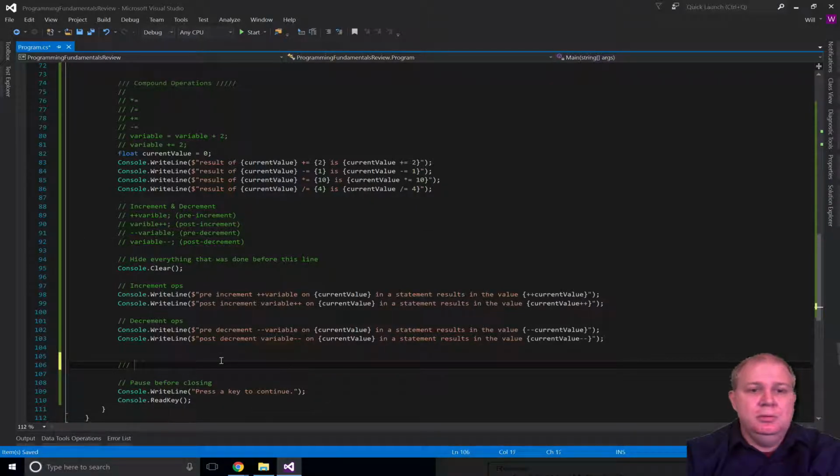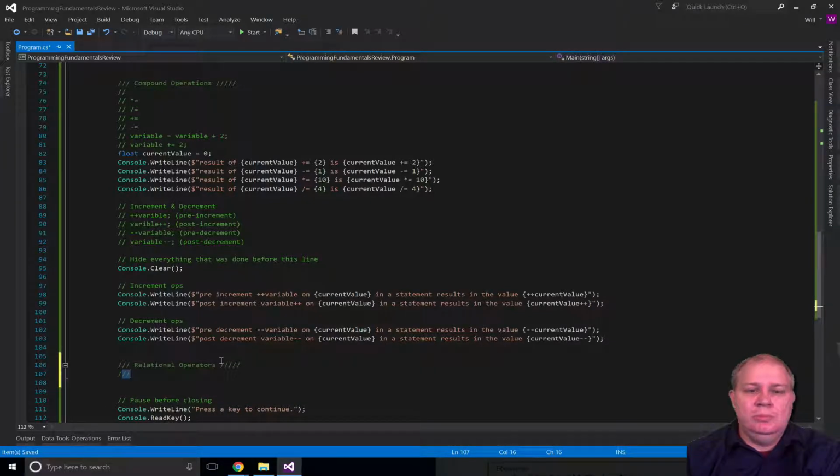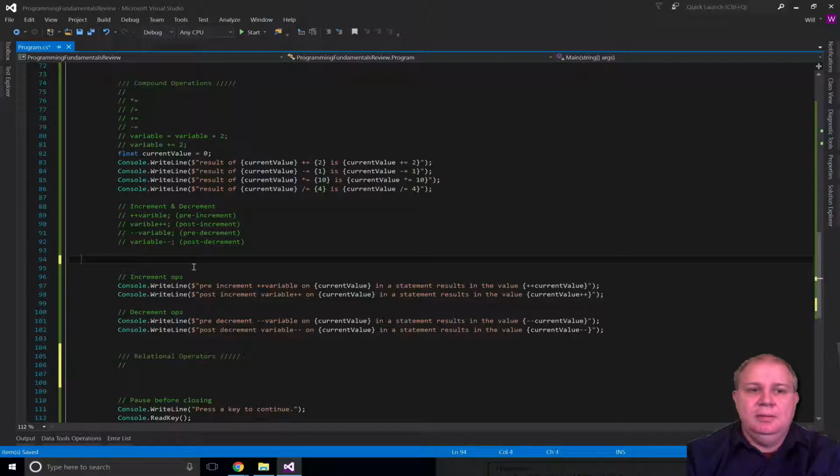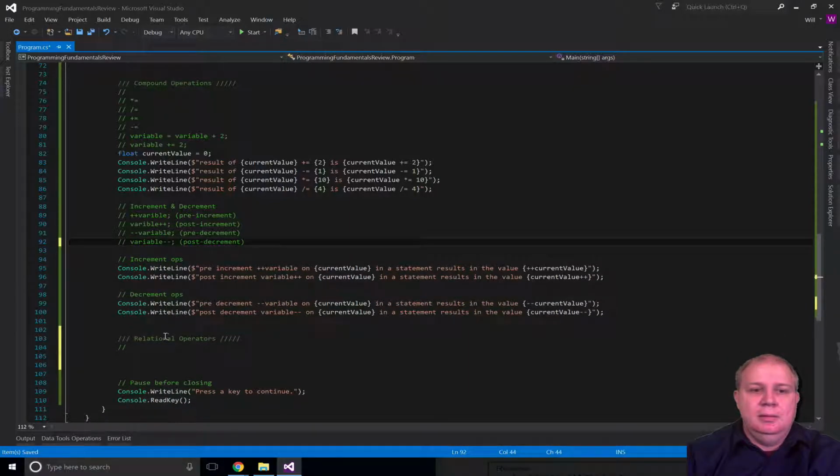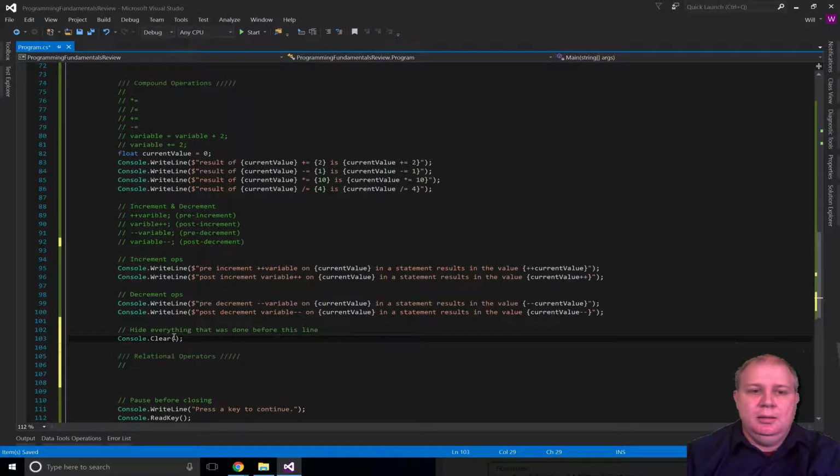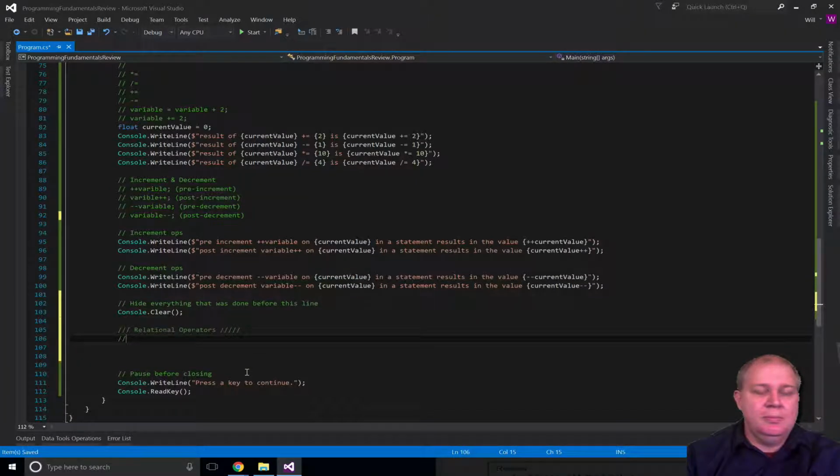So let's go in here, relational. Okay. And first thing I'm going to do, so don't forget, I'm just going to move this console clear line down here. That way, everything before this, we can leave it in. We don't have to take the code out. But this way, I only have to look at the new stuff. So the relational operators,